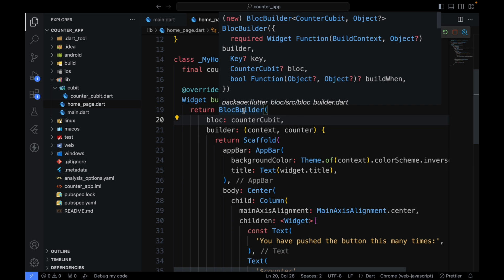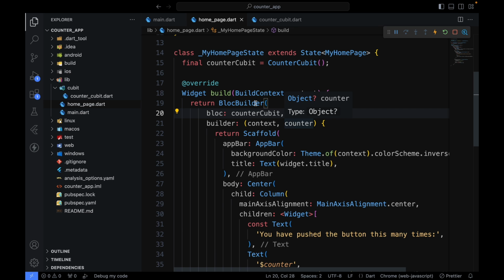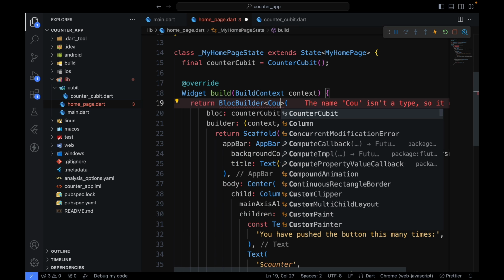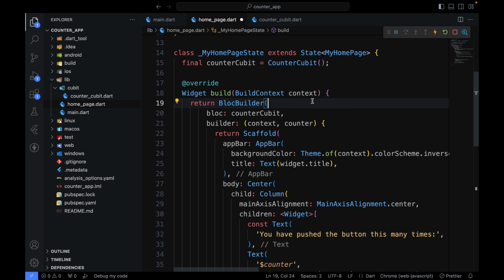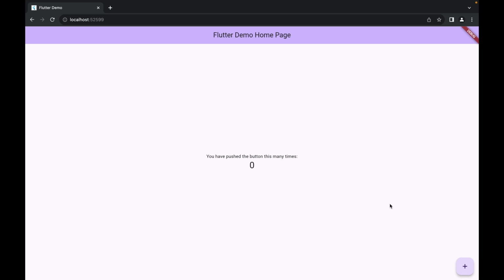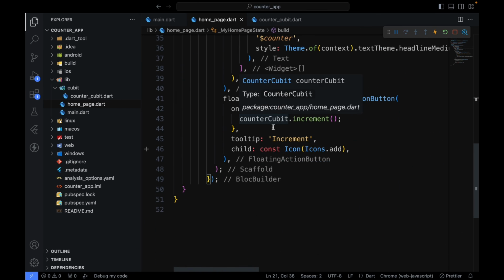And what this BlocBuilder does is basically, based on this counterQubit, it will give us the value of the counter. And even over here, we can mention that the type is counterQubit and integer. If we don't mention it, the value of the counter will remain an object. It doesn't know yet what the value of the counter is. So we need to specify it over here that the bloc is counterQubit and the state value is integer. So now this is an integer, and there we go. Now if I restart my app and increment this, you see it starts working, and that works without using setState